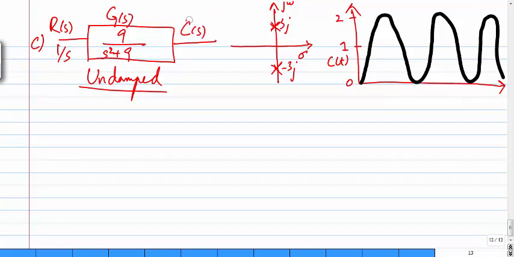So if I try to write the equation for this, c of t becomes 1 minus cos of 3t. So this is the oscillation that you can get. If you have pure oscillation, that response is known as undamped response. Now the last one that we are interested in is